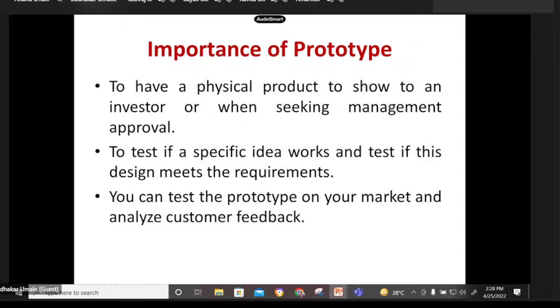Why we require the prototype? There are two reasons. Prototype testing is very important according to the market research. I will not explain market research in detail here because it is a very lengthy topic. And according to the market research, according to the market availability,